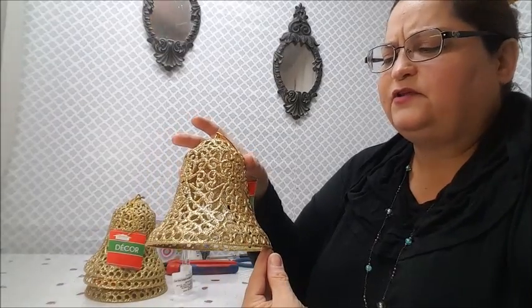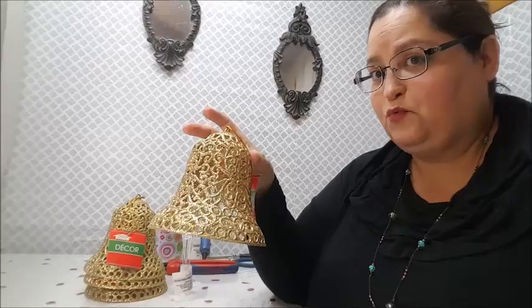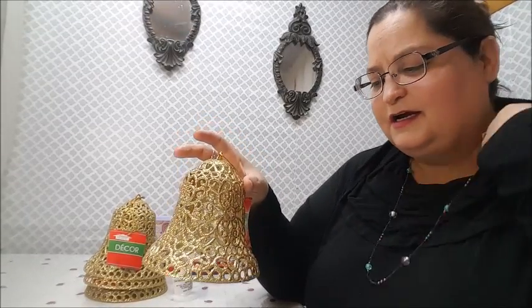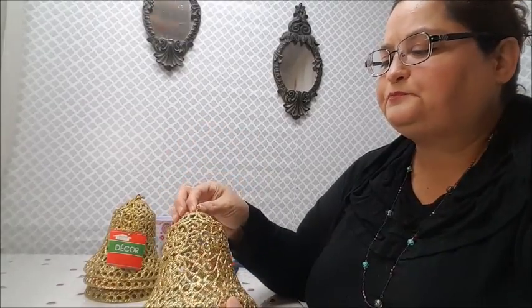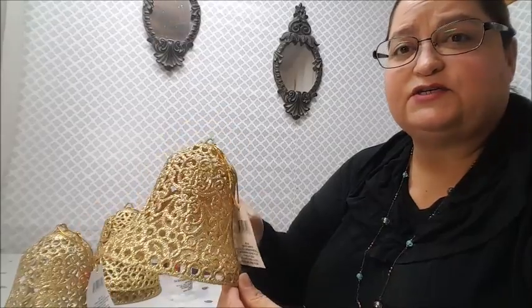I've used these before in another project a few years ago, and I think I may show you in another video what I did for that. If I can remember exactly, if not, I'll just create something that gives you the idea of what I had done before. Okay, anyway, so I got 4 of these because I wanted to make 2 lanterns, and I'll be